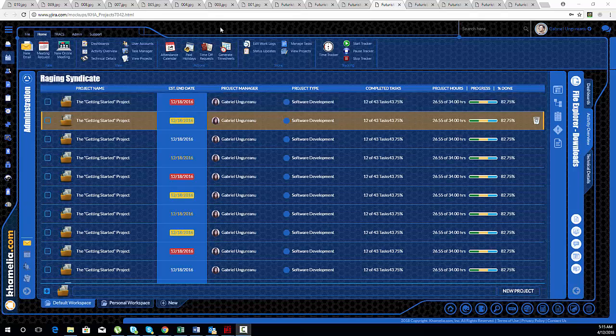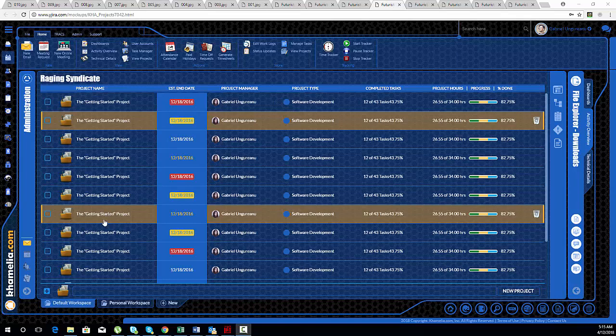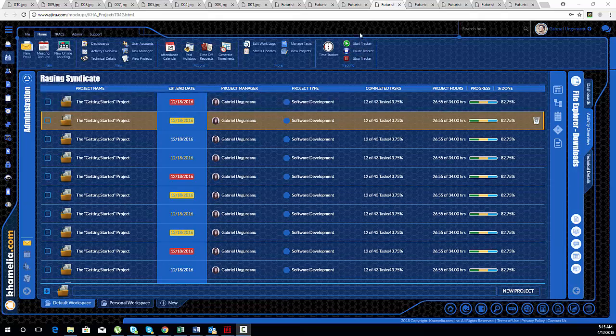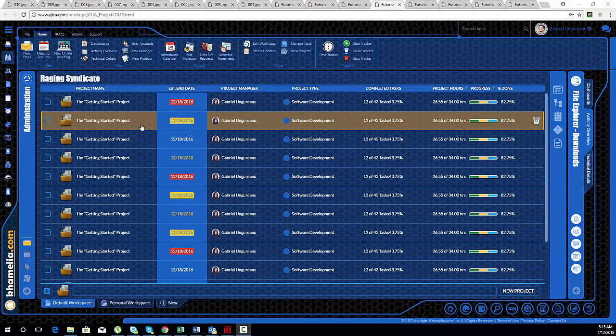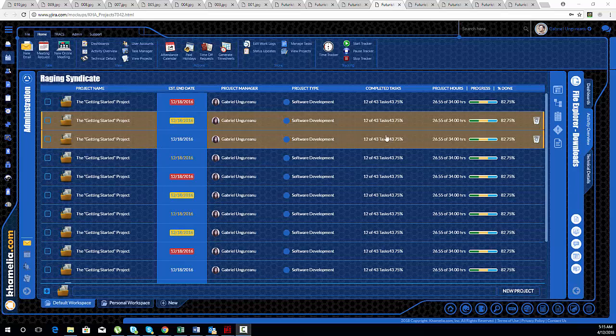Basically, as you can see here in front of you, this is a prototype for the Khamelia system version 3.0. This particular implementation is slated to be a SaaS solution. And right off the bat, this particular screen and design introduces the different projects and then the different tasks associated